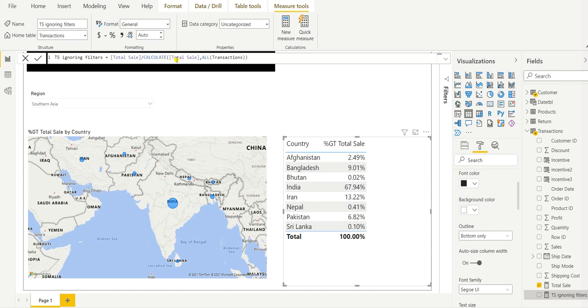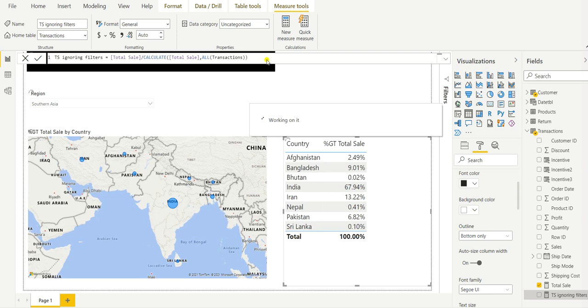The left hand side total sale will calculate the total sale at row level. So for India, and also for Bhutan, Iran, Nepal, Pakistan, it is a row wise calculation. On the right hand side it is the aggregated total sale, whatever total sale is presented in our table. So let's hit enter.